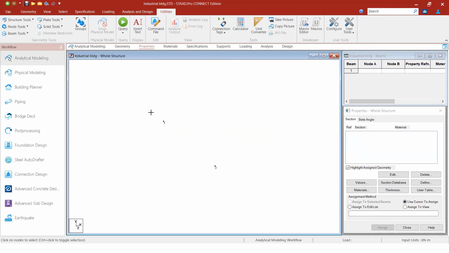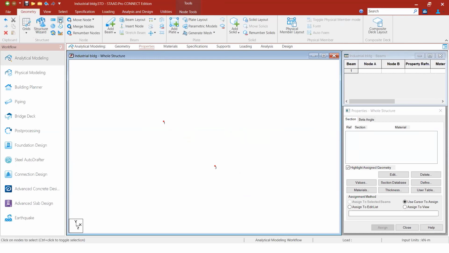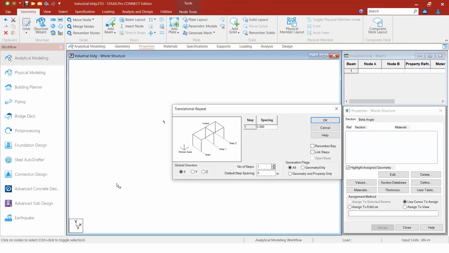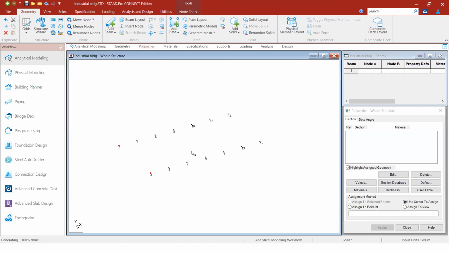So these are the two nodes that I've created, and I'm going to the translational repeat and going in the X direction. I want to create 5, 10, 15, 20, 25, 30, so 6 steps of 5-meter span, and I just have to click OK.